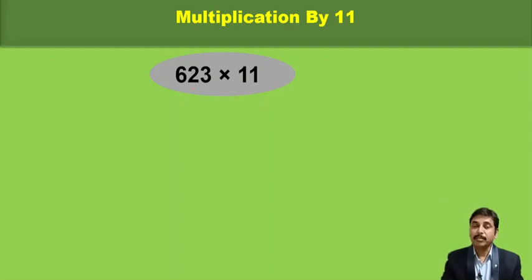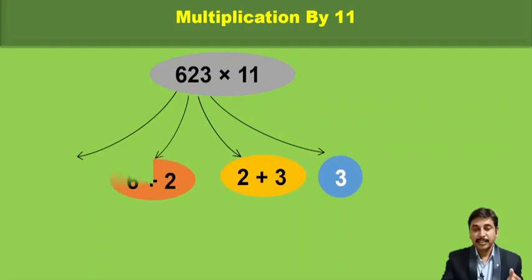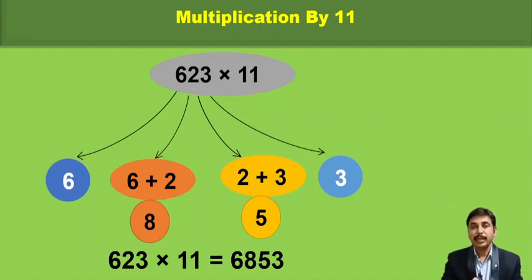If you have not understood a little, then please pay attention. So what we will do here, first I will write 3 as it is, which is the unit place of your answer. Now go to the left hand side, that is 2, and add the immediate right number, that is 3. Then next 6 plus 2, and finally we write 6 as it is. Now this is 2 plus 3, that is 5, and 6 plus 2, that is 8. Correct? So your final answer is 623 into 11 is